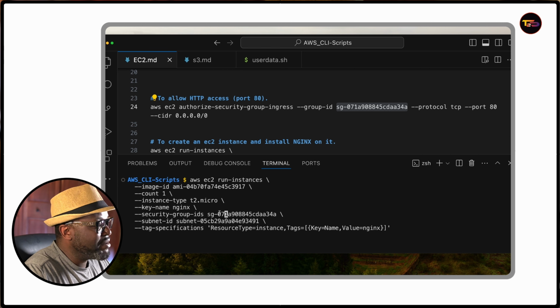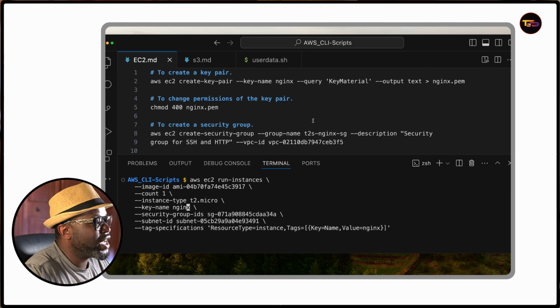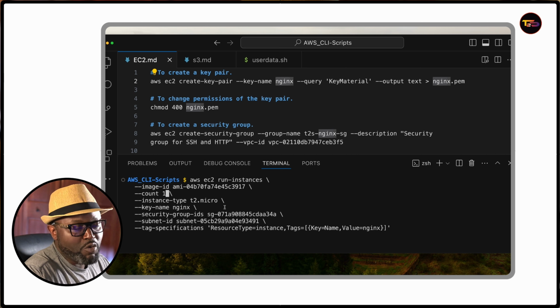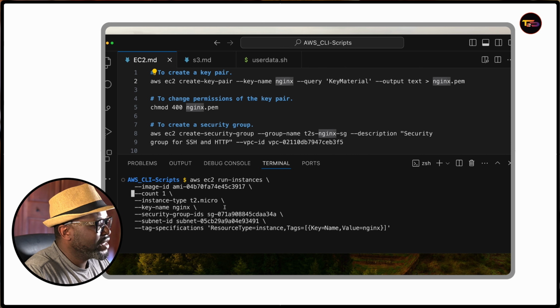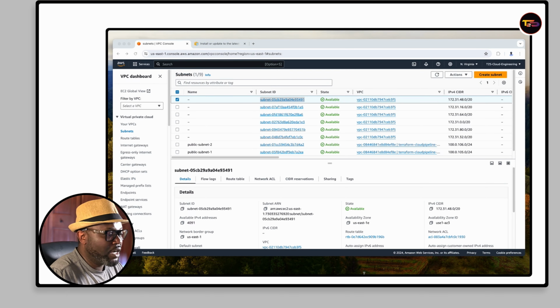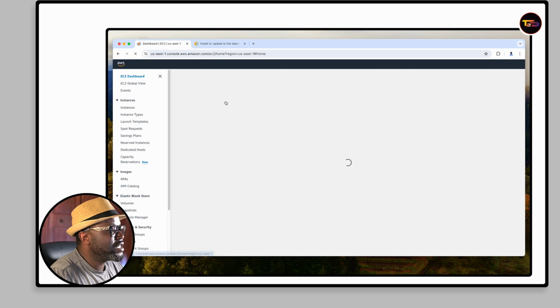The key name is Nginx, but you have to verify. Make sure that you have the correct key. So that's Nginx. And then the instance type, T2 micro. How many do you want to spin up? Only one instance. And the image now, go back to your console, look for, you go to the EC2 dashboard,